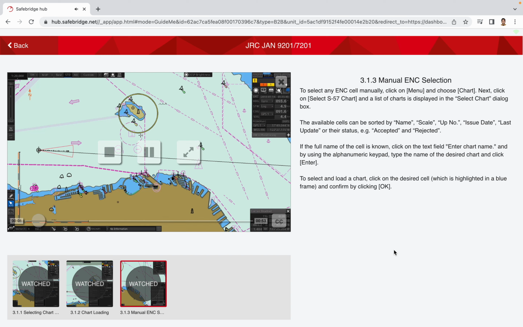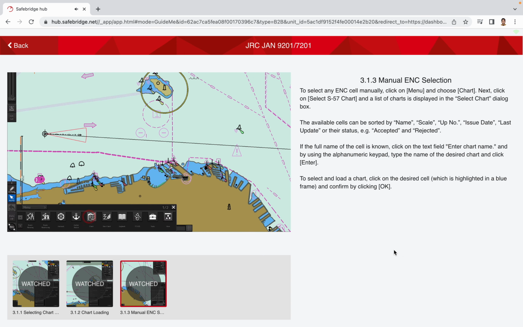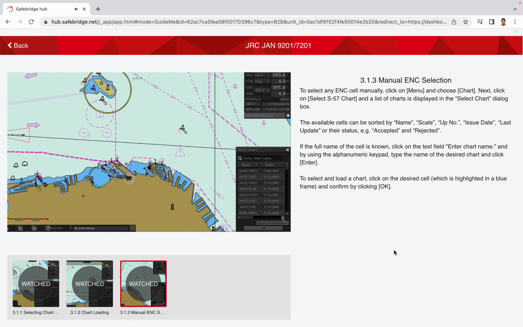Manual ENC selection. To select any ENC cell manually, click on Menu and choose Chart. Next, click on Select S57 chart, and a list of charts is displayed in the Select Chart dialog box. The available cells can be sorted by name, scale, up number, issue date, last update, or their status, for example,